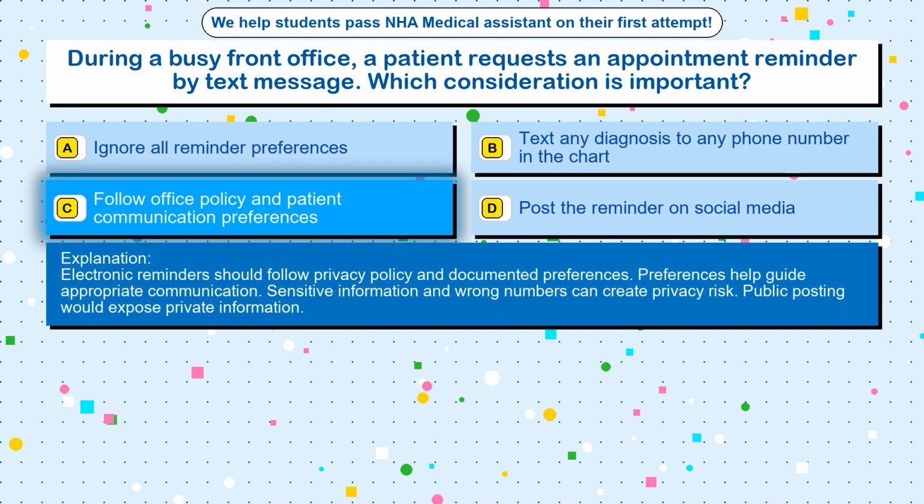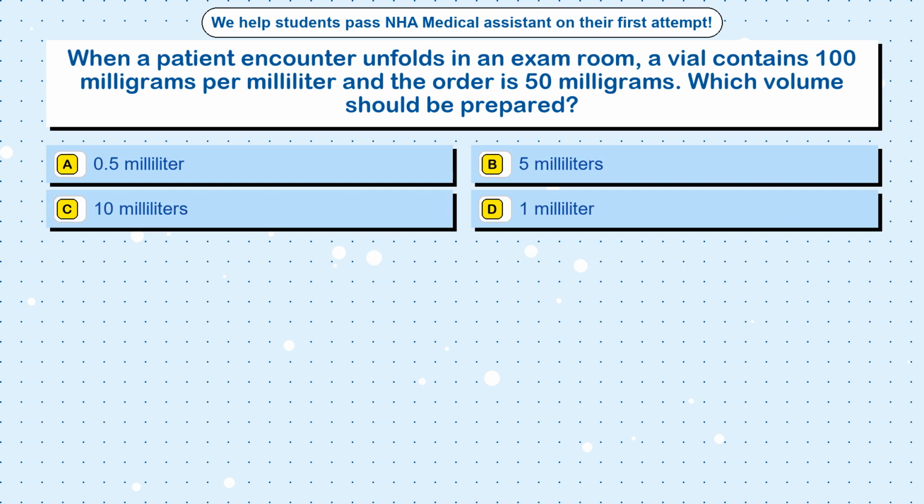Electronic reminders should follow privacy policy and documented preferences. Preferences help guide appropriate communication. Sensitive information and wrong numbers can create privacy risk. Public posting would expose private information. Question 44. When a patient encounter unfolds in an exam room, a vial contains 100 mg per milliliter and the